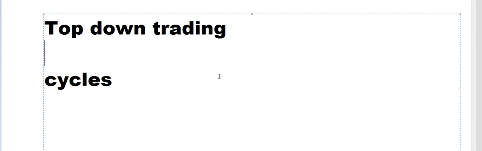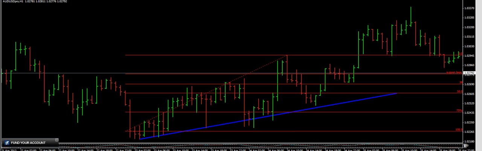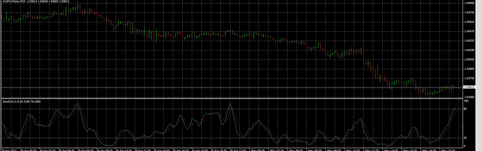And we are going to talk about top-down trading. So to start, what is top-down trading? Well, top-down trading is when, let's say... I used that a while ago. I haven't used MetaTrader for a minute, obviously. But anyway, top-down trading is when, let's say,